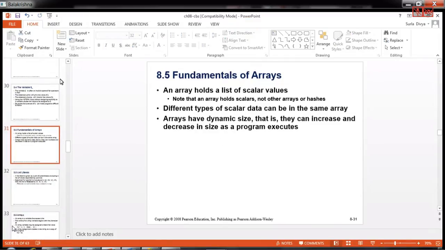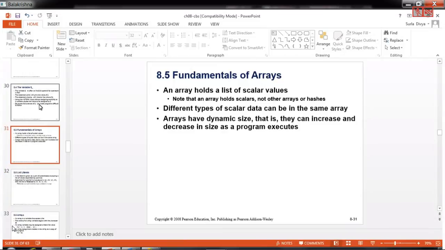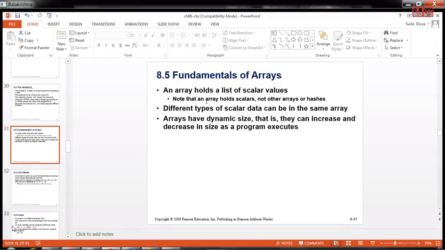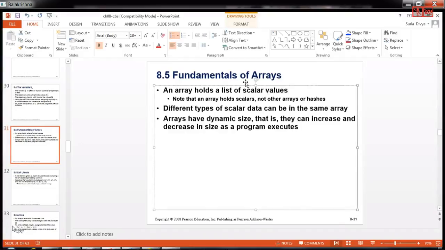So now, the most important of all the variables: initially we had a $x or whatever scalar, which is indicated with a dollar. We also discussed that there is something called @x, for example. It is nothing but an array. So that's what he says here. An array holds a list of scalar values. So far we have seen one scalar value or five scalar values suddenly. But since these scalar values are all of the same type, for example, let's say $x is equal to 10, $y is equal to 20, values, and they're all of the same type, integer.